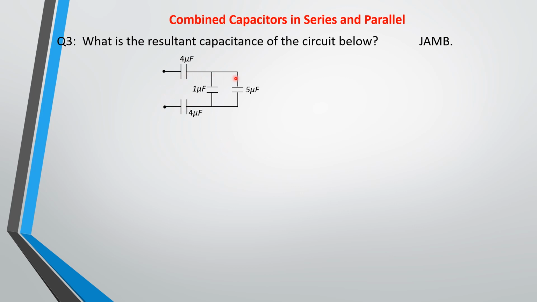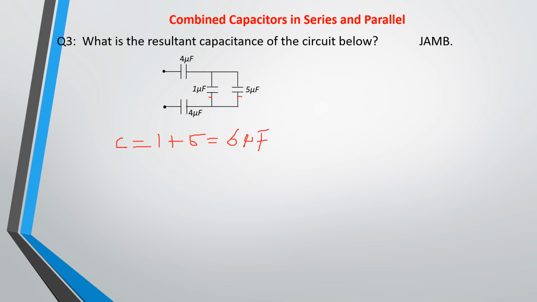Now if you look at this arrangement, you will see that the 1 microfarad and the 5 microfarad are in parallel. So you first of all work on that, after which you redraw the circuit diagram and then find the resultant capacitance. So the resultant capacitance for these ones that are in parallel, C is equal to 1 plus 5 straight away, so that gives us 6